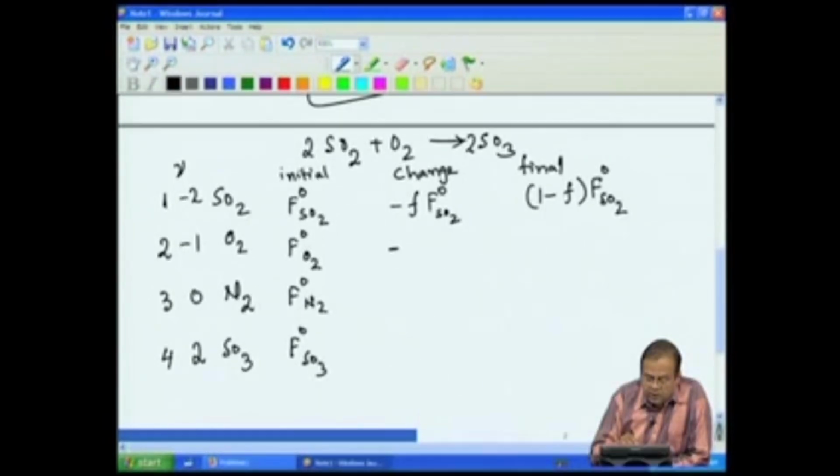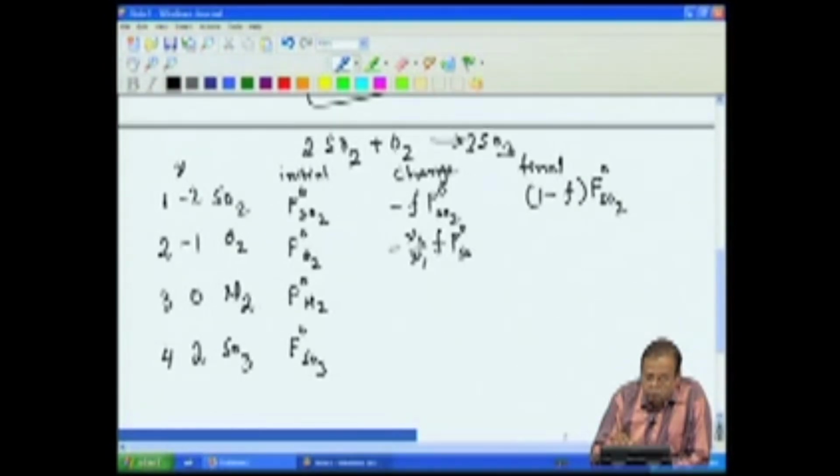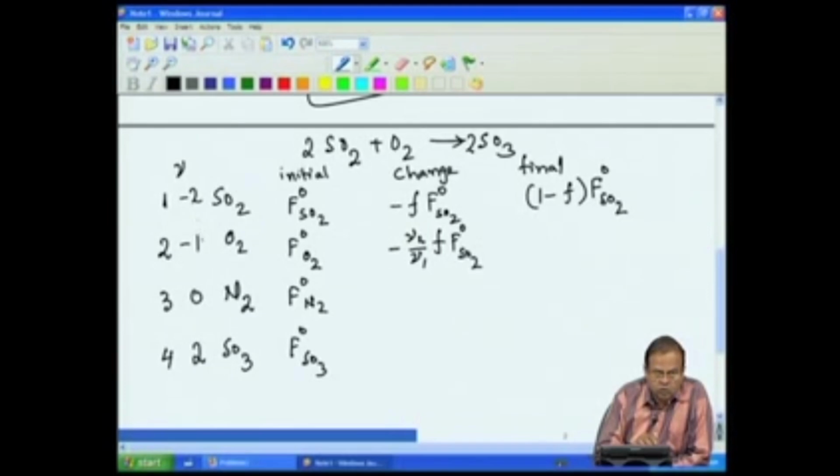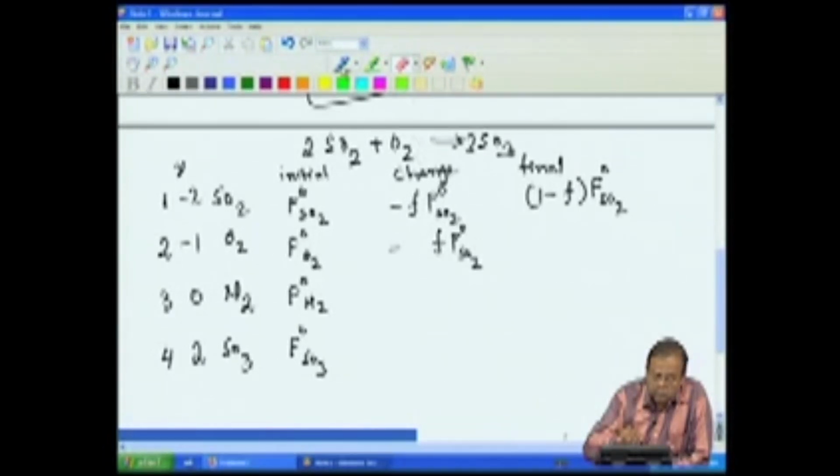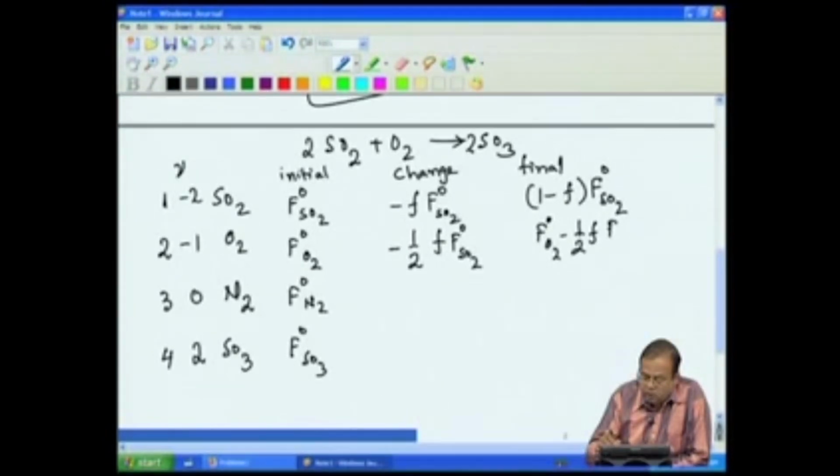We say that it is minus nu 2 by nu 1 into F naught of SO2. So, that is how much it has changed. So, if we now substitute what is our nu 1, nu 2, nu 3, nu 4, I will get here in this particular case 1 by 2, and therefore, this will be F naught of O2 minus half F naught of SO2,